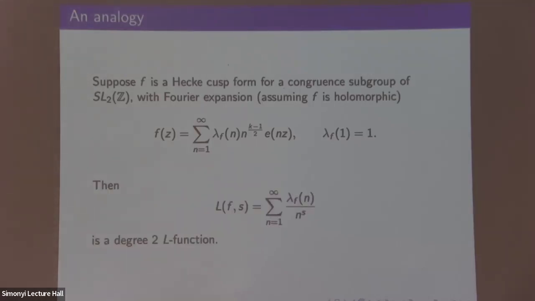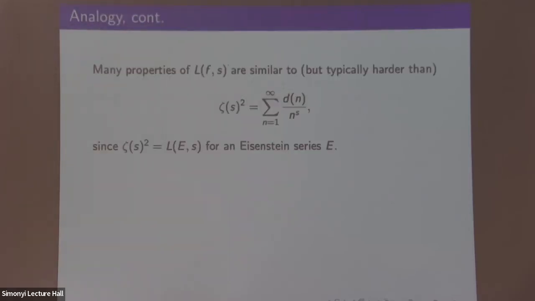Then you can write down this Dirichlet series. You just take these rescaled Fourier coefficients and you get a degree 2 L function. In a lot of ways, it's similar to what happens if you take the coefficients to be the divisor function. In that case you get the zeta function squared, and that's the L function associated to a certain Eisenstein series. So zeta squared is like an Eisenstein series, and then you have these irreducible degree 2 L functions associated to